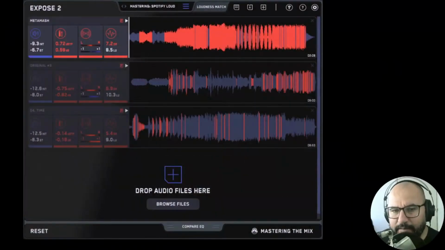It's actually not a plugin because it's not a VST per se, because it's like an app on your desktop, right? But it's very helpful nonetheless. This is the Expose 2 app, and I find it a bit weird that it doesn't have a VST, because it also could be helpful to have it inside your DAW, but anyway, you have it outside your DAW, and this tool will help you expose potential issues that your mixes or masters